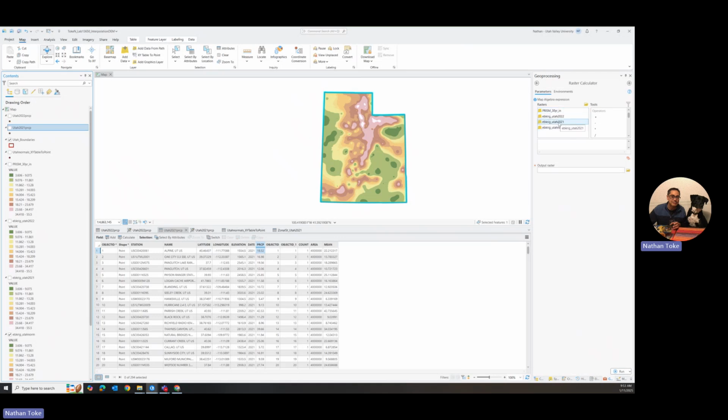So if it's less that year, it'll show as no, we probably want to do the year minus the average, because then if the year was less, it'll show up as it was low precip, negative. So yeah, we do 2021 minus, and I'm going to do the PRISM in this case. And so this output raster would then become